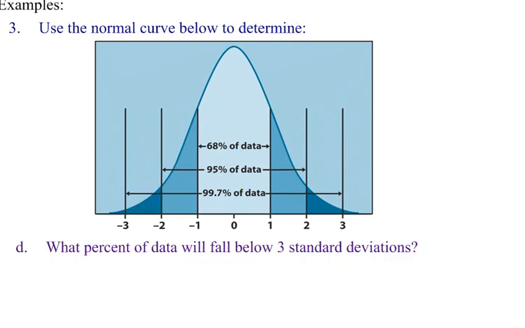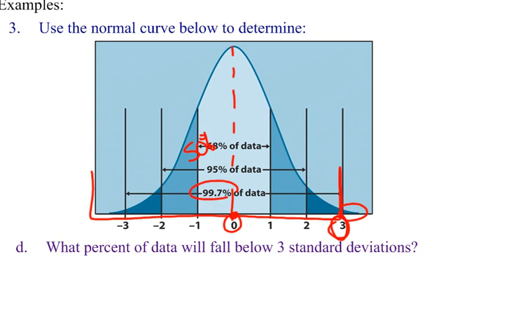Next one, below 3 standard deviations. So here's my 3. So look at this. That's from here to here. So this is going to be a really small number here, isn't it? I mean, that's barely anything. So from here to here, again, I'm going to cut this in half, and I'll say, okay, everything over here is 50%. This part from 0 to 3 would be half of 99.7, wouldn't it? Half of 99.7 is 49.85. So I'm going to have to add the 50 plus 49.85, and I get